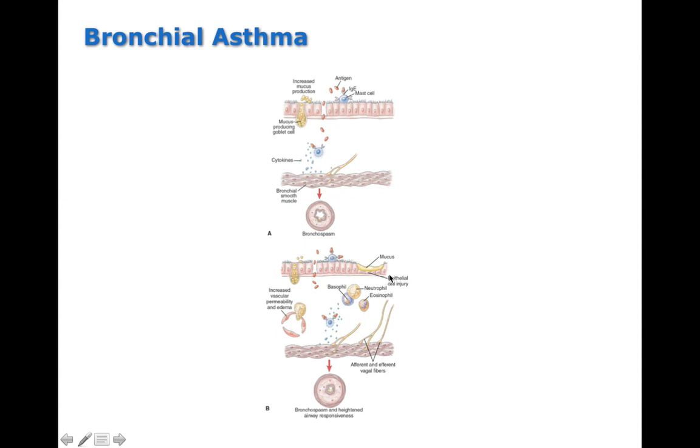Now, over time, we can actually get destruction of the epithelium and accumulation of mucus, which can also make the airway even more constricted and have even less airflow. Some of these inflammatory mediators also cause an increase in vascular permeability, which leads to mucosal edema, which further increases the swelling. So you can see that acutely you get some sort of narrowing of the bronchioles in some